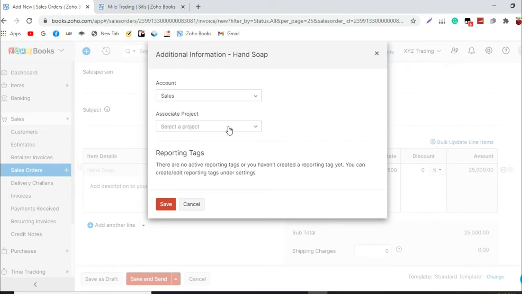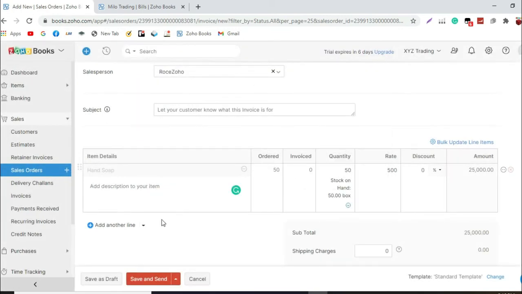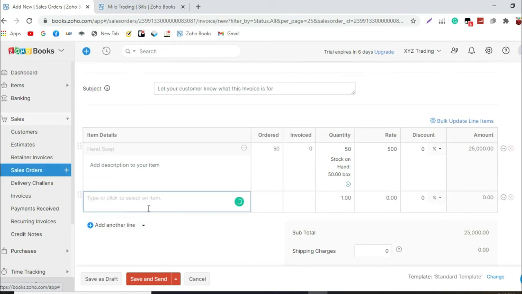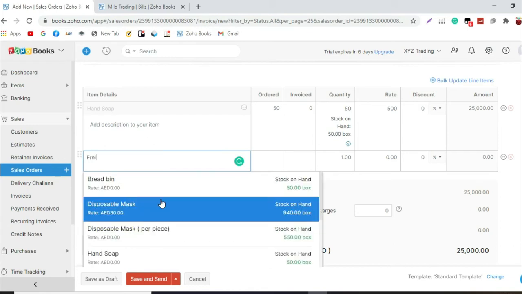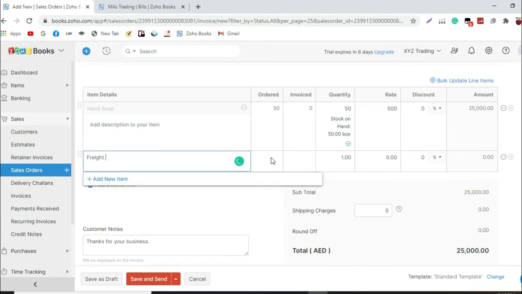If there are additional charges, like for example freight, this is just an example. So say 1000. So this freight is under services, so you can edit the account to freight income,